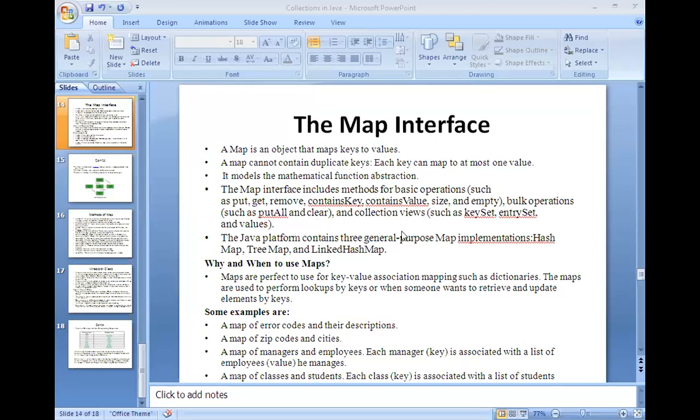That means you can implement the map by using HashMap, TreeMap, or LinkedHashMap. If you are not bothered about ordering, you can go with the HashMap because it is more efficient than the remaining. If you are interested in partial ordering, then